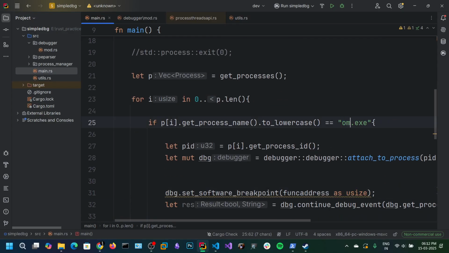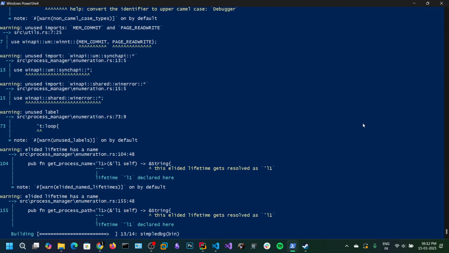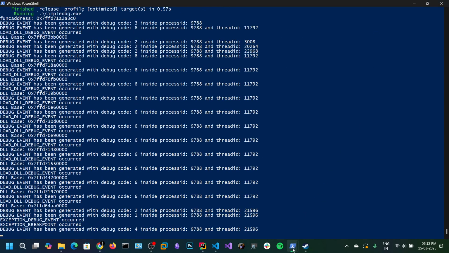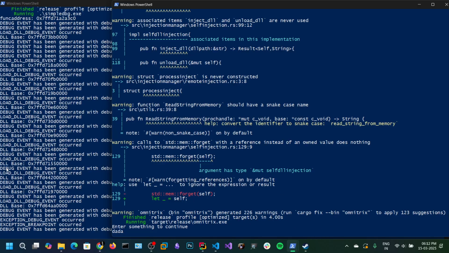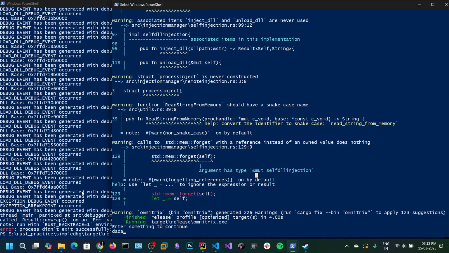Sorry, let's change this to Omnitrix, that is the process name. So at this point, we can see the function address. Now if I hit enter, the MessageBoxA function should be